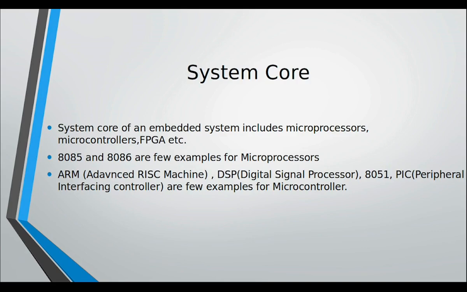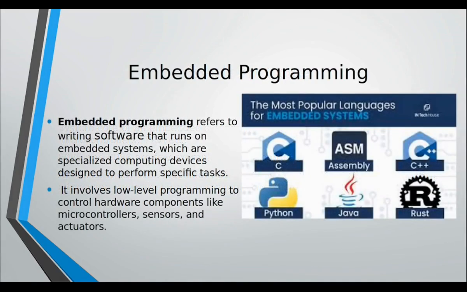Microcontrollers are more suitable for embedded system due to their integration of CPU, memory, and peripherals. A microprocessor is simply a CPU, but whereas the microcontroller is the integration of a CPU, memory, and peripherals, so microcontroller is more suitable for designing an embedded system. Coming to embedded programming,